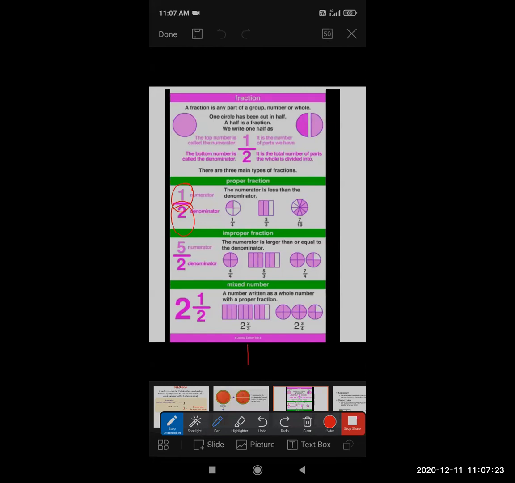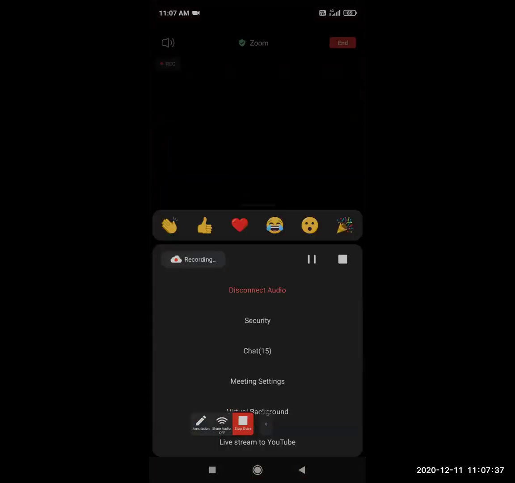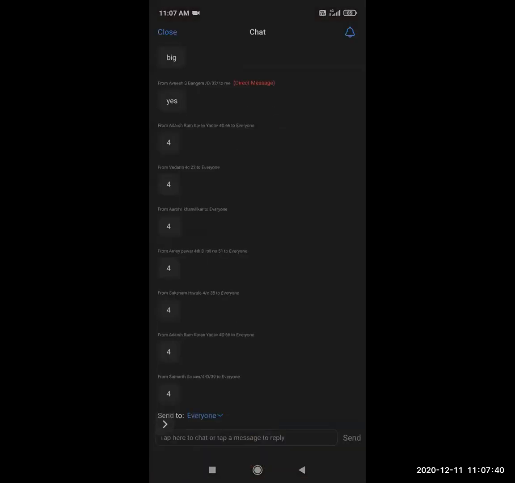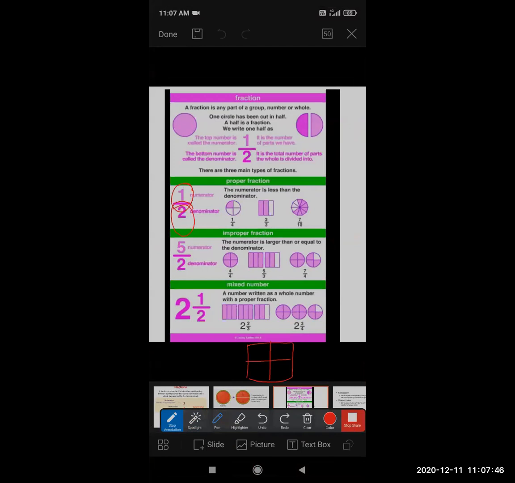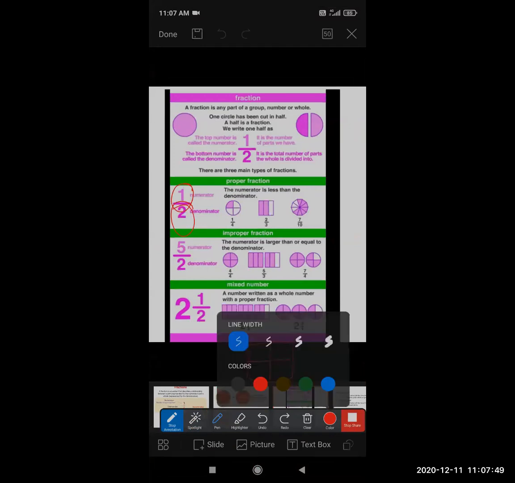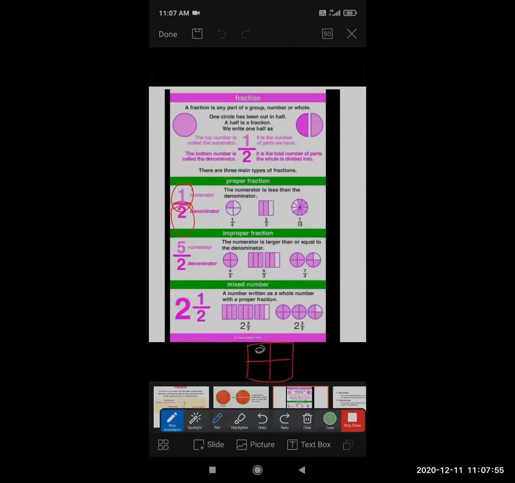For example, now I'm going to tell you with examples. One box I'm going to draw here. Tell me, how many equal parts are there in this box? Everyone, is my screen visible properly? 4. Yes, I'm going to write again. This is the 4 equal parts. From the 4, I'm going to color 2 parts, one part and the second part. You assume this is the full color part, 2 parts.